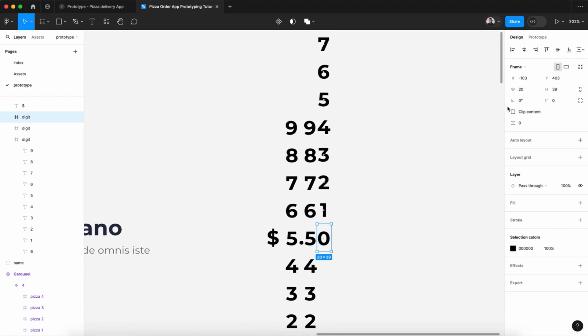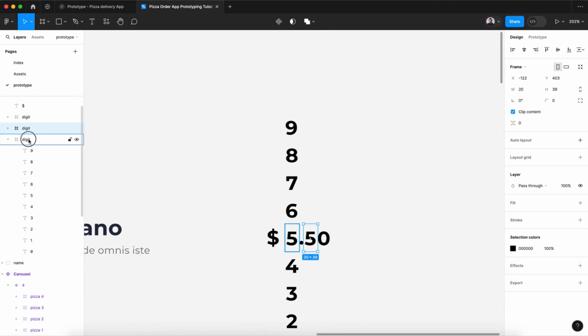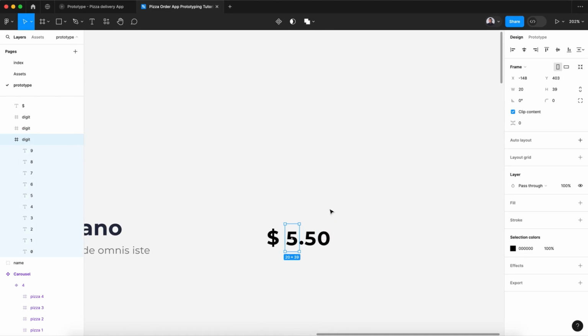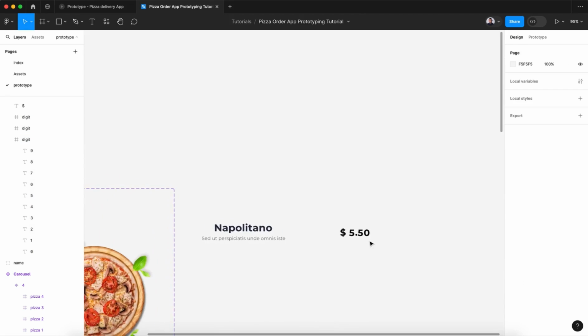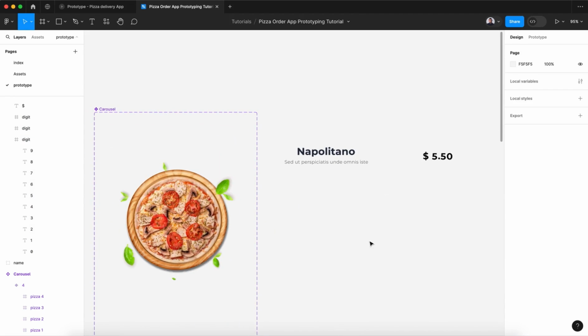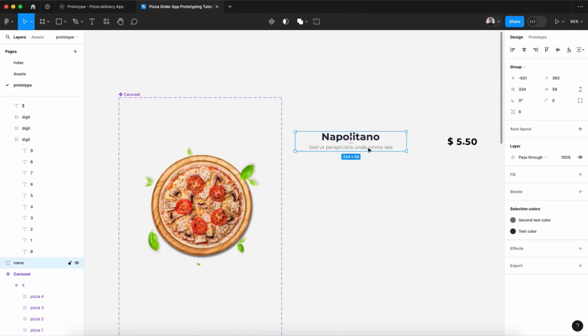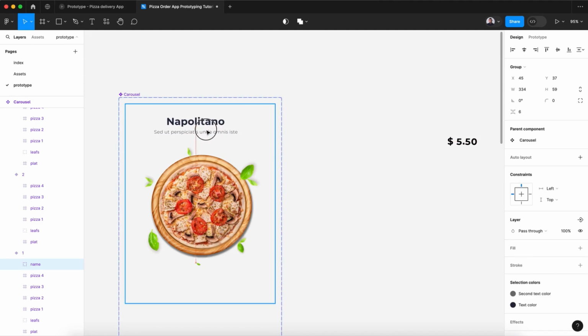So it is simple. Whenever we want to change the price, we'll show the right digit inside each frame, and then you'll see how Figma auto animate will do the animation for us. All right,